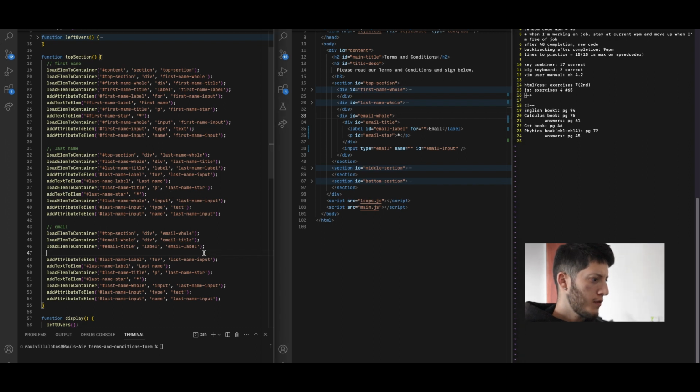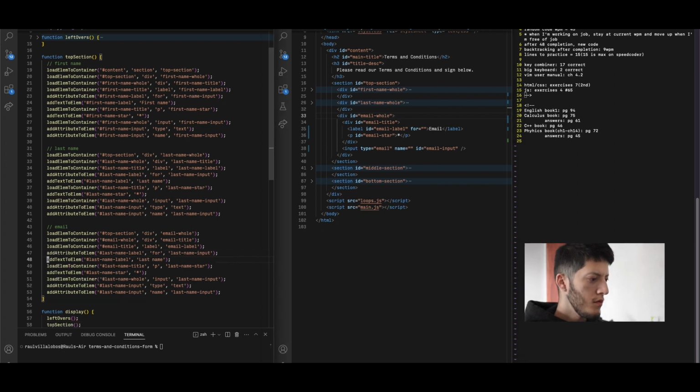Alright, so email, let's go back to where we were. Last name label, so we're just gonna change it to email. For, email input, and then for the email label, add text. Obviously change it up to